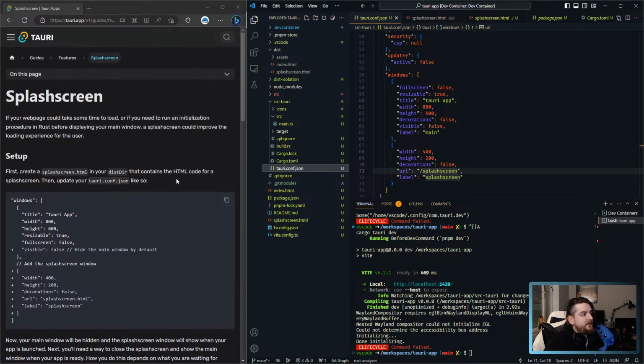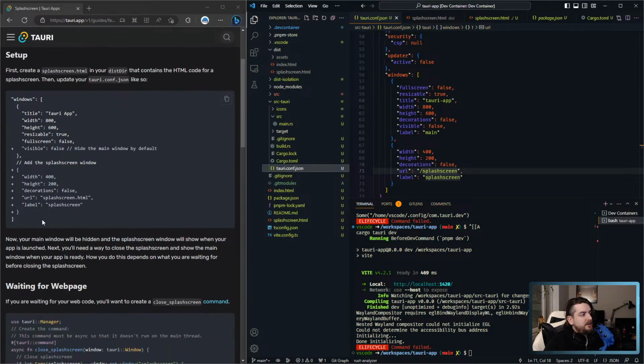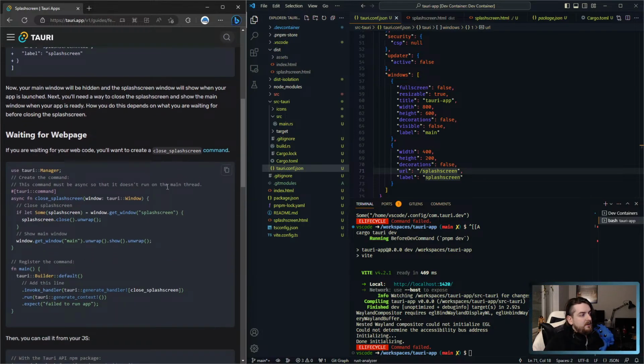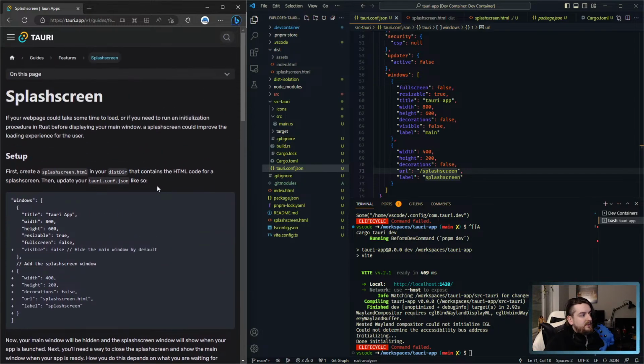Some critique on the documentation. This isn't copy-paste friendly. I do think that these comments, I understand why they're there, but again, I want to be able to copy-paste stuff. And this suggestion of putting it in dist dir,